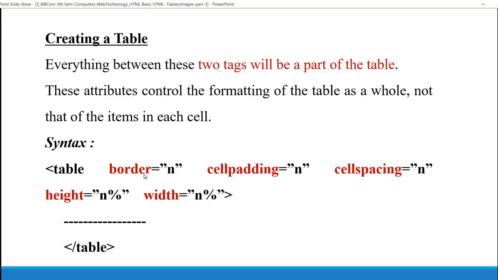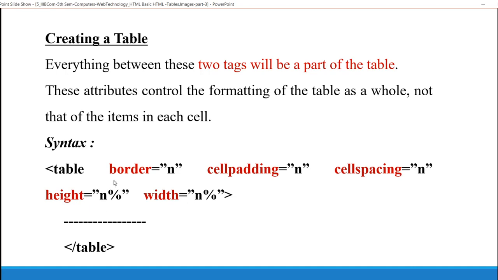So border is one of the attributes we are going to discuss. Similarly, cellpadding, cellspacing, height, width. Border equals n, cellpadding equals n, cellspacing equals n, height equals percentage, width equals percentage. The size of the table, height and width, can be measured with these height and width attributes.